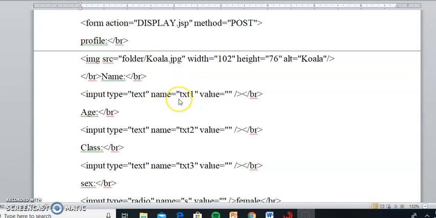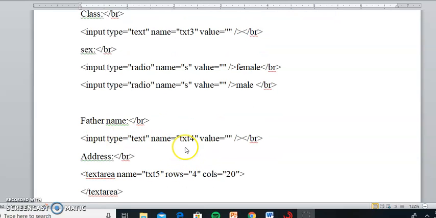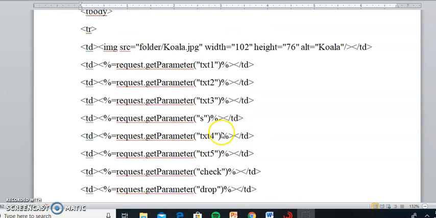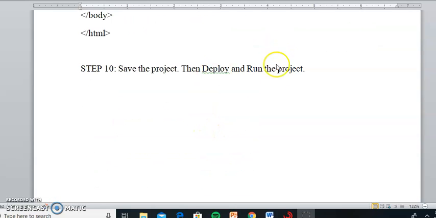This variable name is what we use while displaying. Name equal to txt1, txt2, and name equal to yes means the radio button value you selected for gender, and father's name is available in txt4. So that is what I am displaying here. txt4 means father's name will be displayed. Same as this, you have to do all of them. Then click on the submit button.